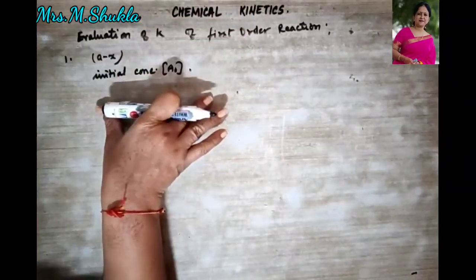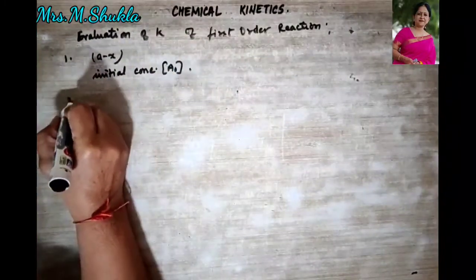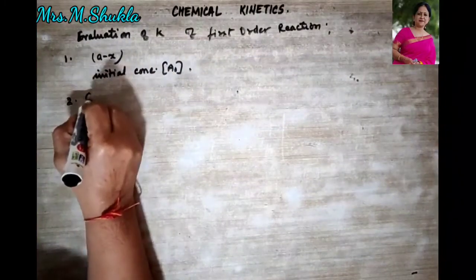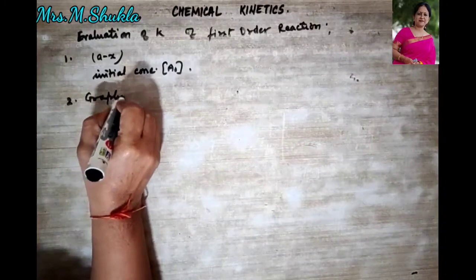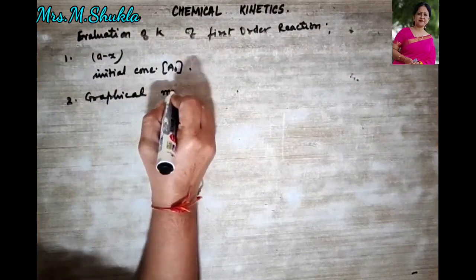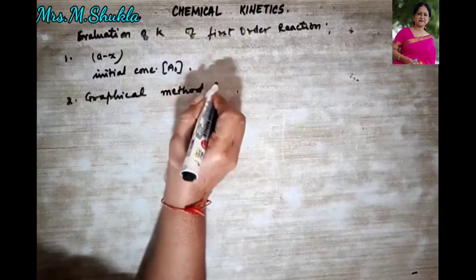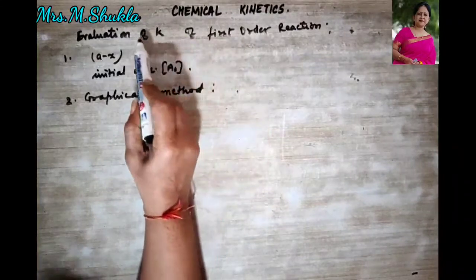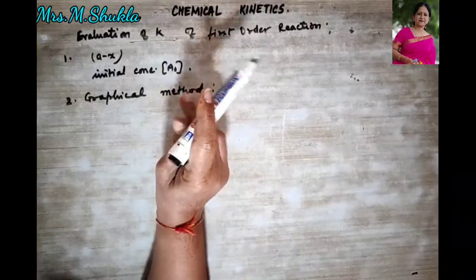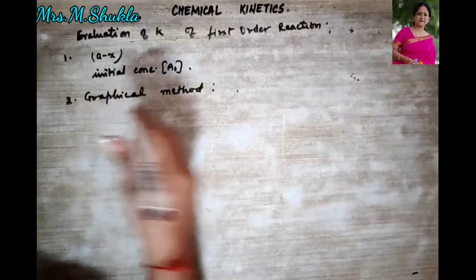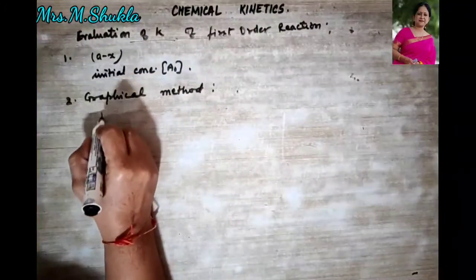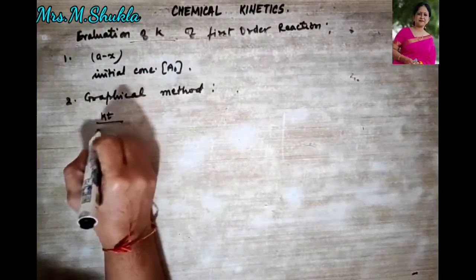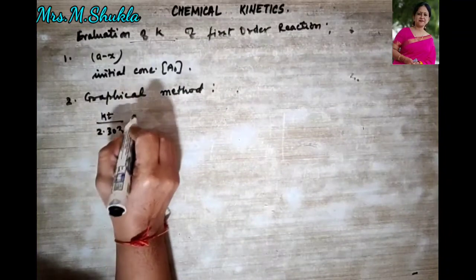Clear? The first method is clear. Then the second method is called the graphical method. That is, with the help of a graph also we can evaluate the rate constant. So look at the formula first, then I'll show you the graph over here, where Kt upon 2.303 is equal